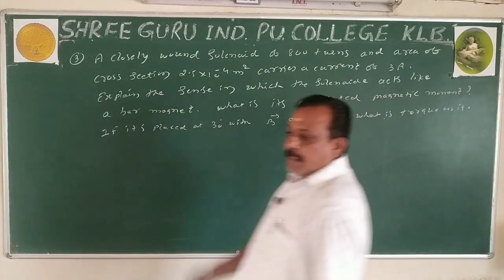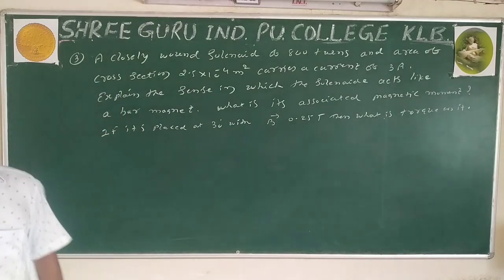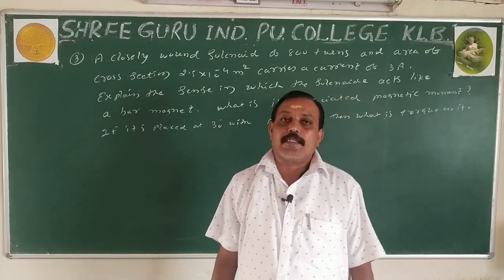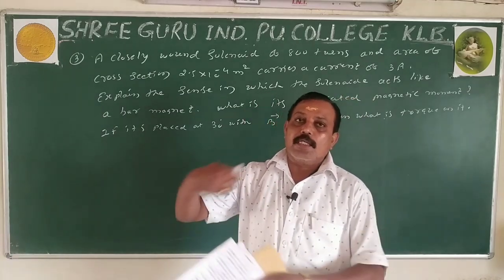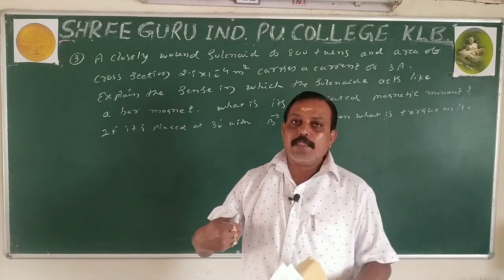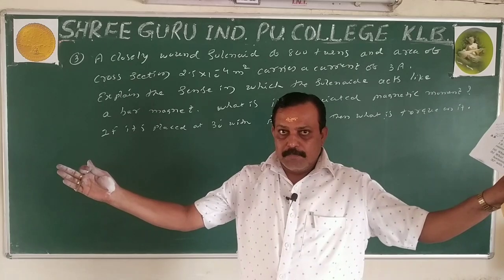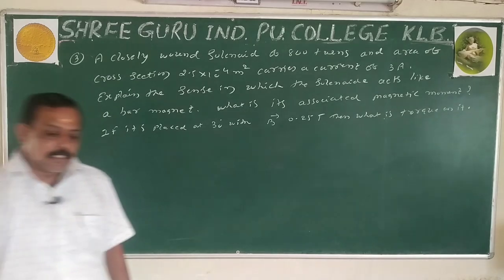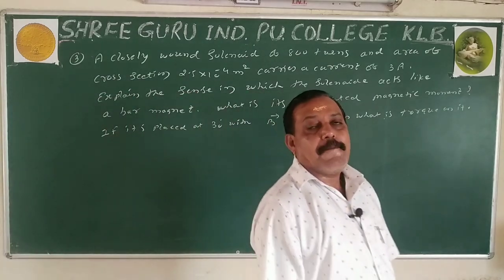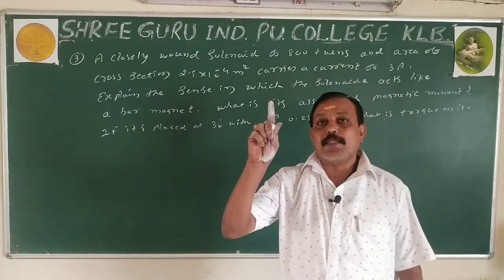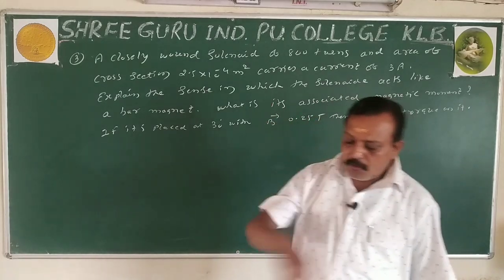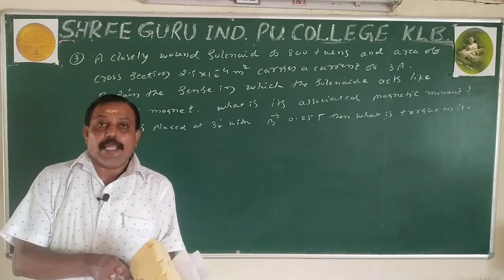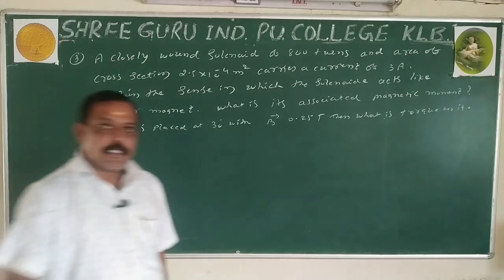First one: when the current is passed through the solenoid, it acts as a bar magnet. Each turn of the solenoid acts as a tiny magnet. The number of turns gives the number of tiny magnets having magnetic dipole moment. When all the tiny magnets are merged, the current carrying solenoid acts as a bar magnet. The difference is that in the bar magnet, the magnetic field is maximum at the poles and minimum at the center, but in the solenoid, the magnetic field is maximum at the center and minimum at the ends.